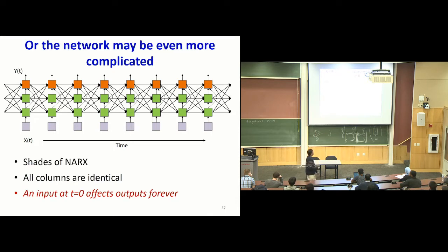Now, I can take this one step further and do something like this, at which point this is not a standard state space model anymore. And why is that? Because now there is recurrence in the output, whereas the way we defined it earlier, there is no recurrence in the output, right? So this is a more complex version, and this actually begins to have the shades of a Jordan network, because now I am saying that this output connects into the state block at the next time, right?